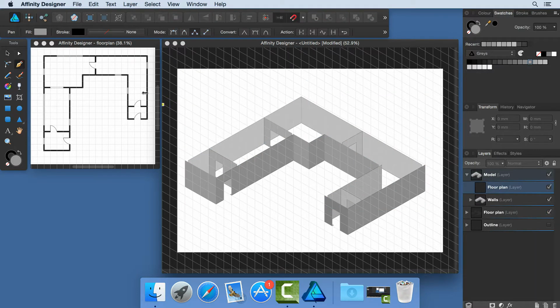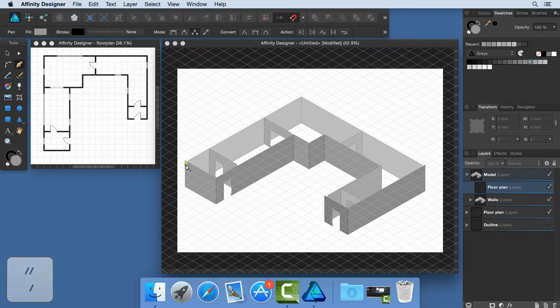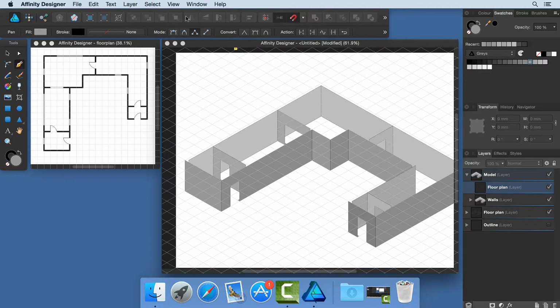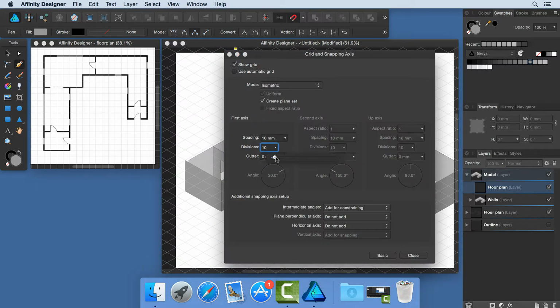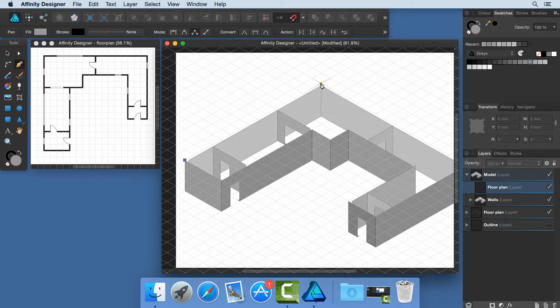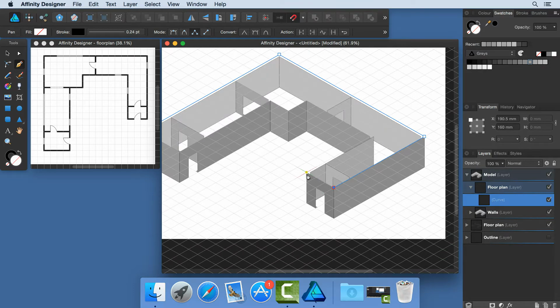Again, using the pen tool in polygon mode. Switch planes, and to quickly build this I'm actually going to switch off the subdivisions here, reduce it back down to 1 so I can quickly snap to the endpoints here,